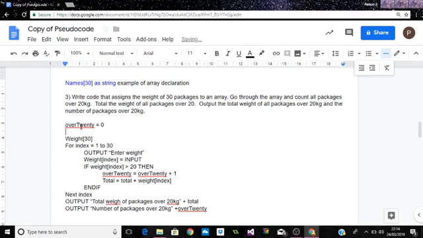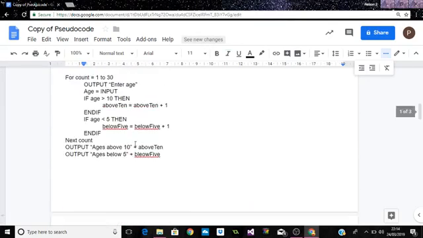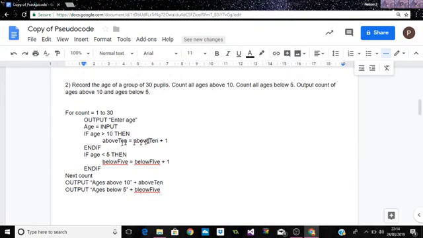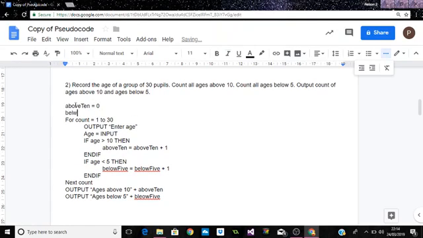And I should have done the same thing for total. Total is assigned the value of 0, because I'm adding on to that, so I have to have a starting value. I forgot to do that. I think on this one, because I counted, I should have done that for this one too. Above 10, assign the value of 0, and below